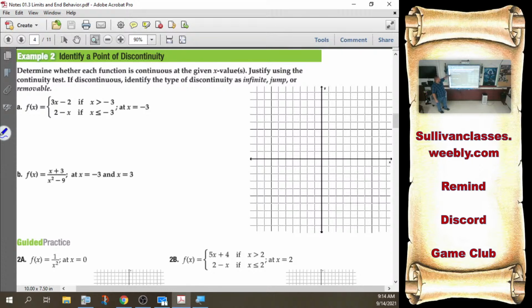Piecewise function. Follow this rule from after -3. Follow this rule from -3 onward. So if I'm going to graph that, well, follow this rule all the way up to -3. Which says start here, slope is 3, up 3 over 1, up 3 over 1, up 3 over 1, up 3 over 1, down 3, back 1, down 3, back 1. Ooh, we have to go off-road for this. And an open circle.